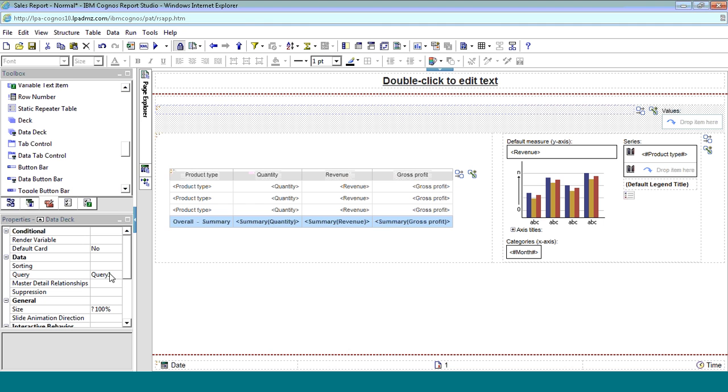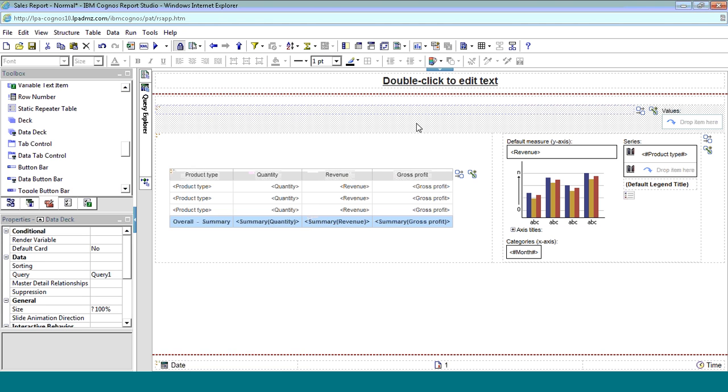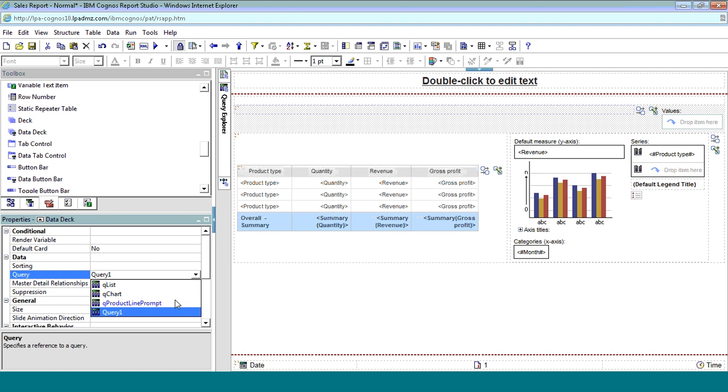So we still have the queries present after converting to an active report. So the existing prompt query for product line prompt, I'm just going to go ahead and reuse that for the basis of my new prompt control. So if I select query and assign this, let's give myself a little bit more real estate here. If I assign this to product line prompt,